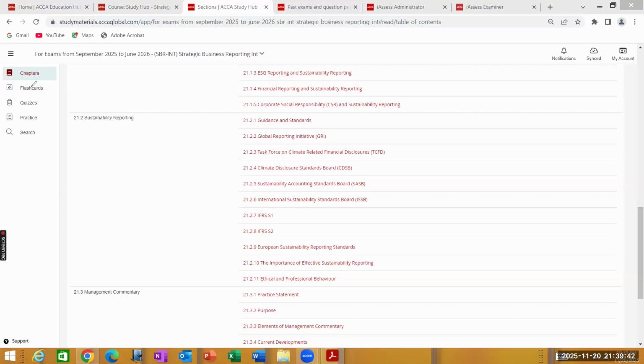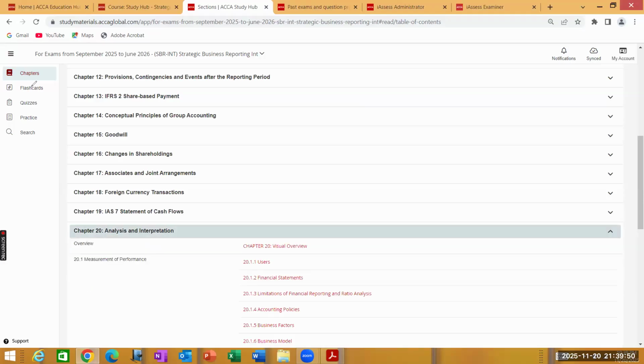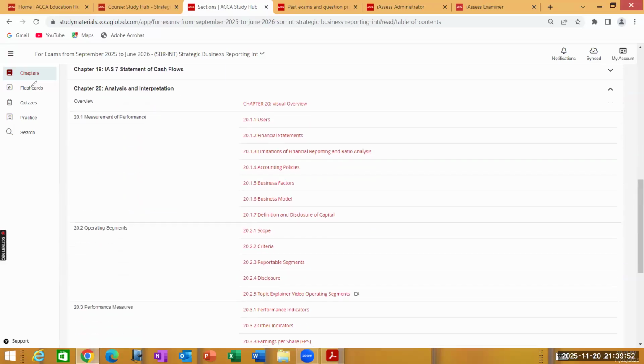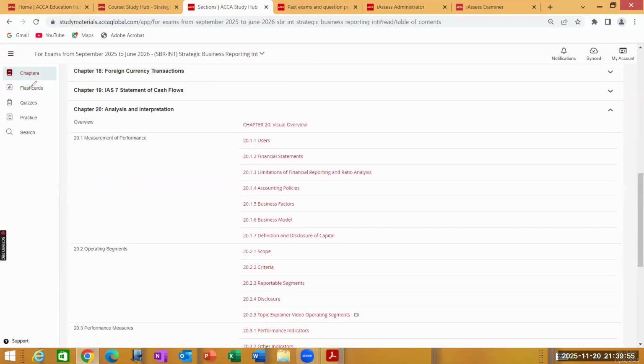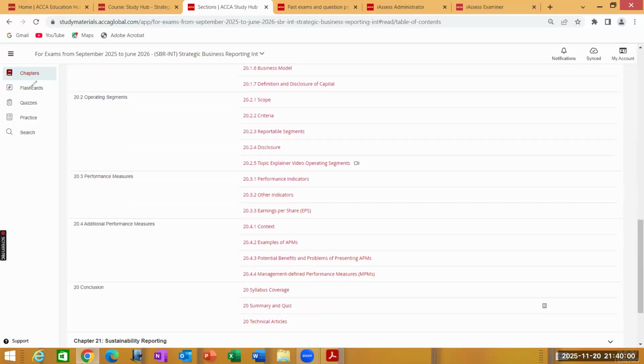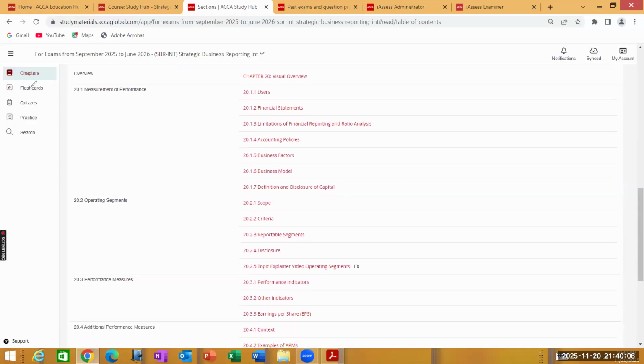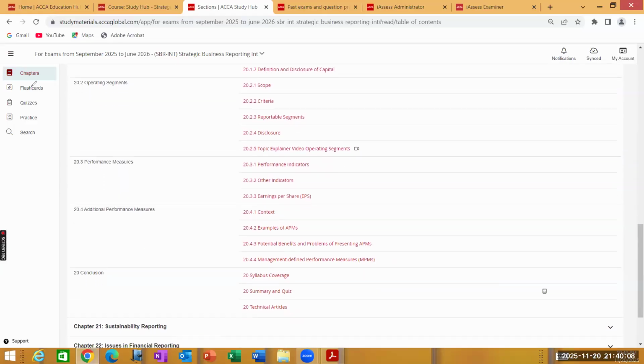Okay. Another very important area which you should go through before you go for the exam: in chapter number 20, you will read IFRS 8 Operating Segments, that is still important. But in this chapter, this is an important area, APM, alternative performance measures. Kindly note,